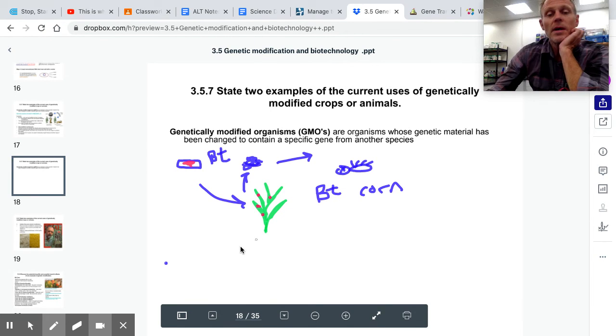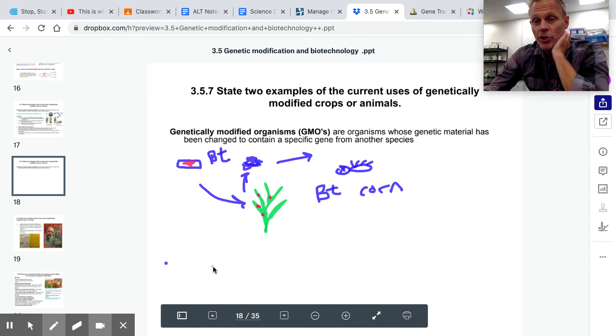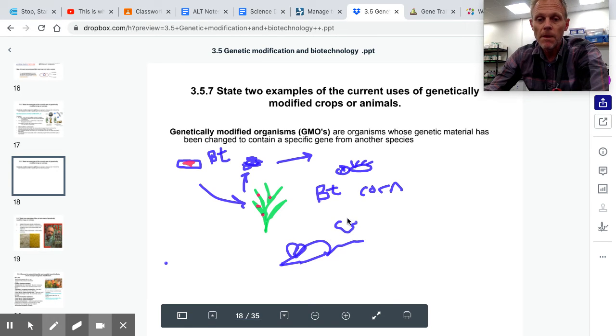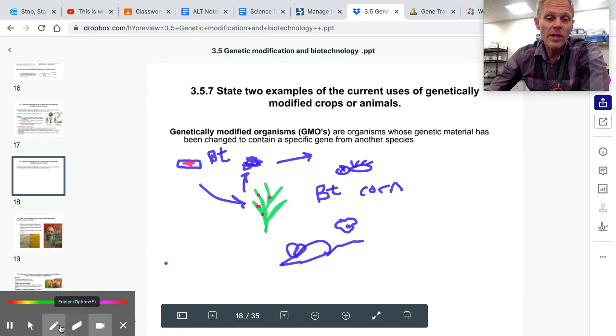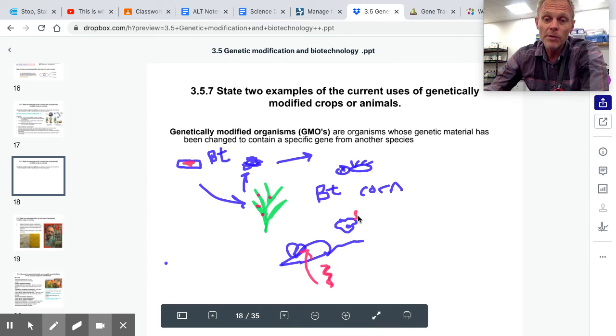A second one is how we genetically modified mice to contract polio. So mice, and why would we want to do that? If we look at a mouse under a microscope, on their cells, they do not have that specific protein that invites the virus in. Humans do. So what they did was they took the gene for that specific protein out of humans. They put it into the mouse genome, and now the mice started producing this protein on the outside of their